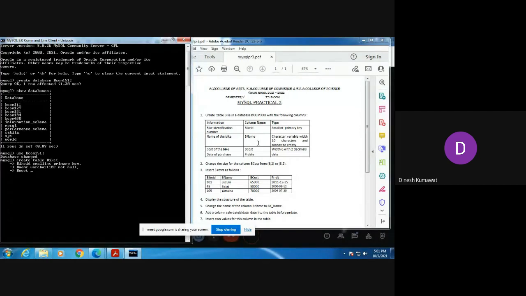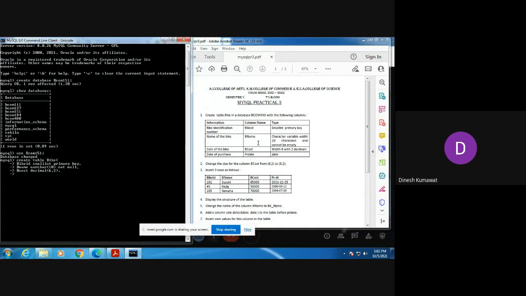And what is its data type? Decimal. And we need to give a specific width, which is 6 comma 2. Now at the end you need to give a comma because we need to add one more column.